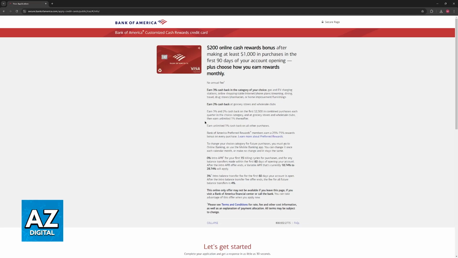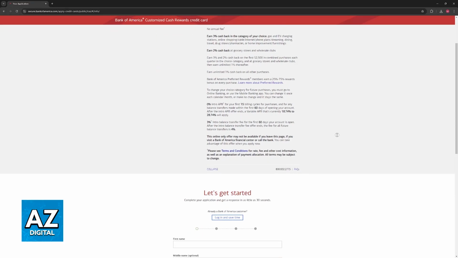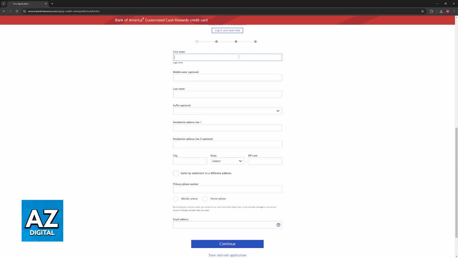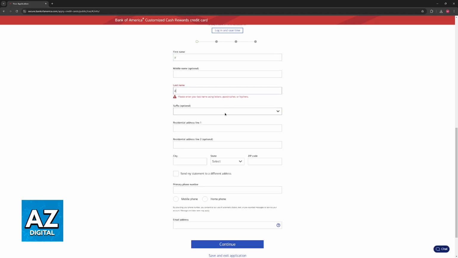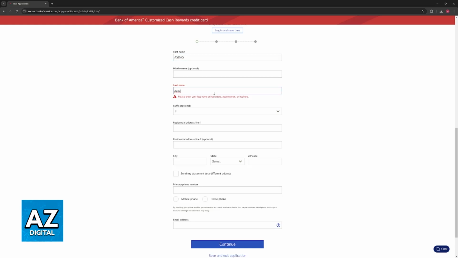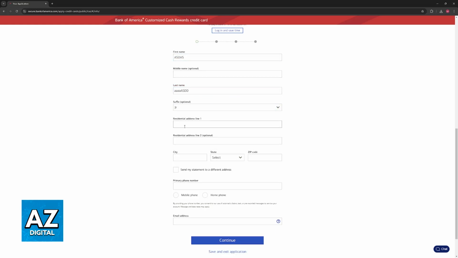You will be redirected one more time, and in this page, you will be able to sign up to get started. If you already have a Bank of America account, click on this option here to log in, but if you don't, you will need to include a lot of personal information. Because of this, sadly, I cannot go over the full process on screen. All of this is extremely sensitive and I won't be able to show you this process in full.